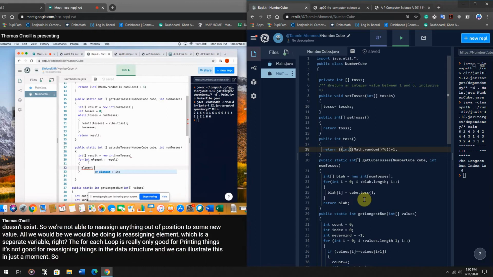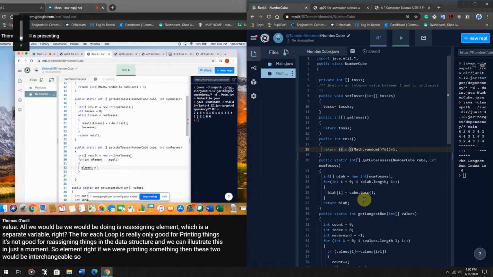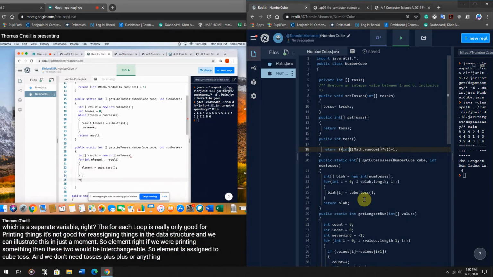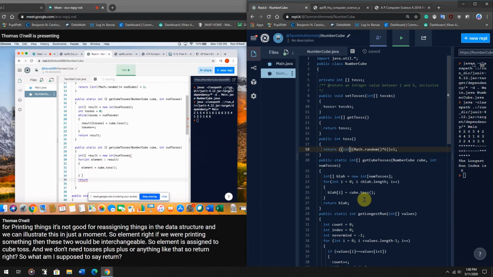So element, right? If we were printing something, then these two would be interchangeable. So element is assigned to cube.toss, and we don't need tosses plus plus or anything like that. So return, right? So what am I supposed to say? Return, so each element,